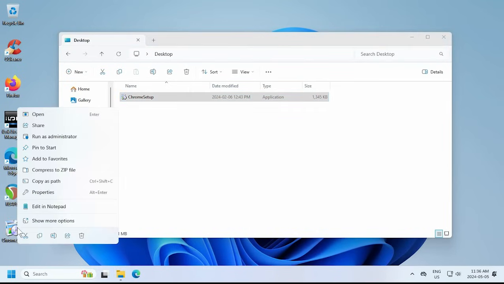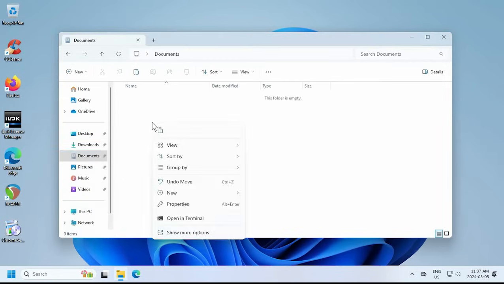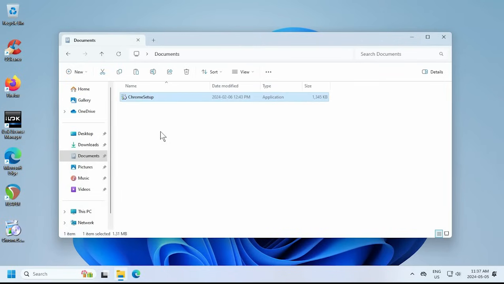So on the desktop I can right click and click on copy, right? And then say if I go to documents, I can right click, choose paste again, and now I have a copy of Chrome both on the desktop and in documents. So you can do that with documents and folders as well. And if you're in, say, Microsoft Excel doing a spreadsheet, you can copy and paste or cut and paste cells in the spreadsheet, right? So the whole idea of cut, copy, and paste works across all kinds of areas of Windows,